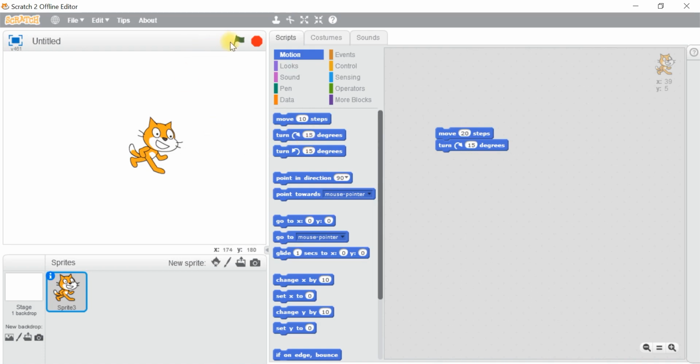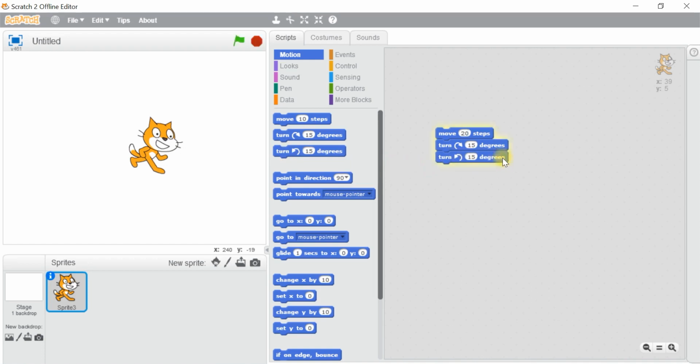Under the motion blocks, if you select move 10 steps, the sprite will move in a forward direction. Suppose you want to move the sprite in a backward direction, then you should make the value negative. The next one is turn 15 degrees clockwise. And the third one is turn the sprite 15 degrees in the anti-clockwise direction.